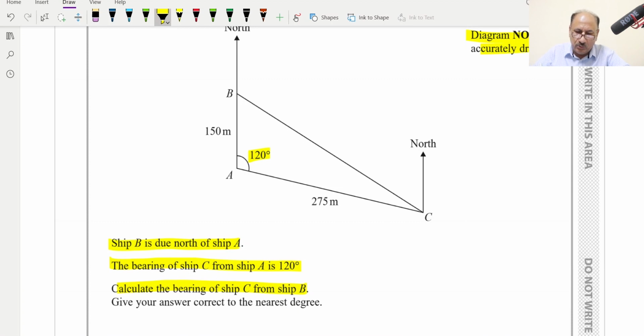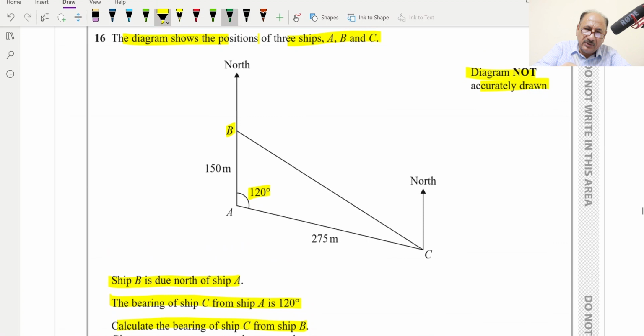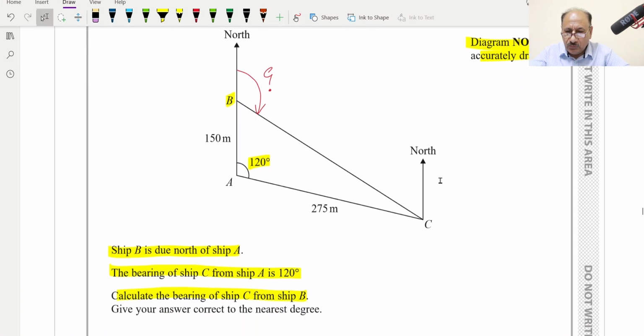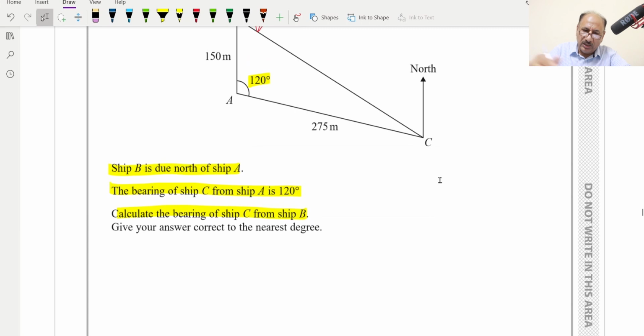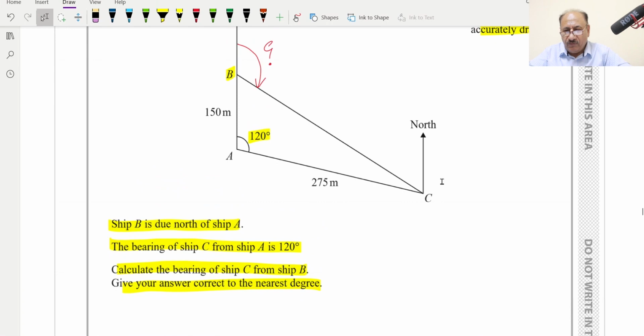Ship B is due north of ship A. So B is over here. So we have to calculate the bearing, and this bearing is required. This much angle is required. We need to find this angle. Give your answer correct to the nearest degree. So correct to the nearest degree we have to calculate. So for this one we will be considering